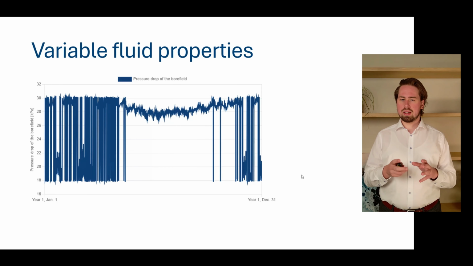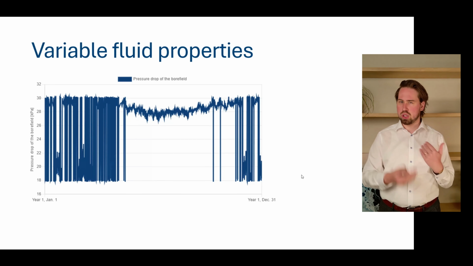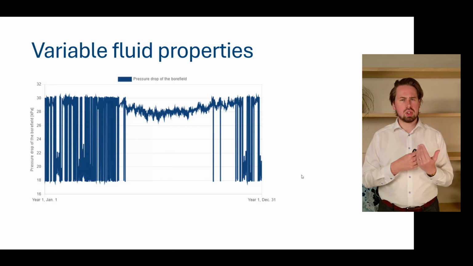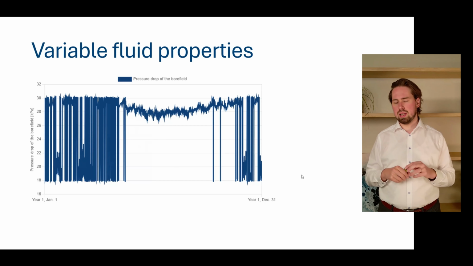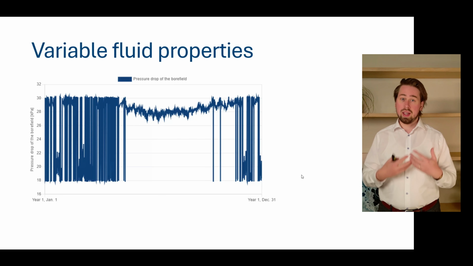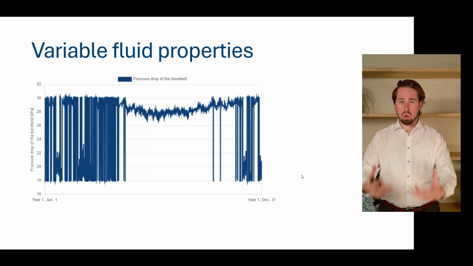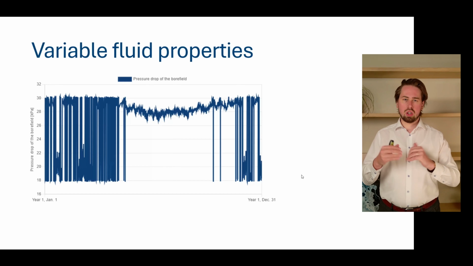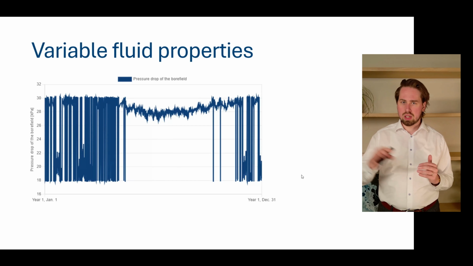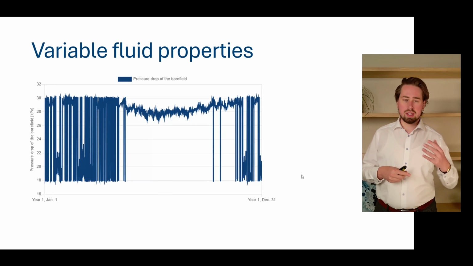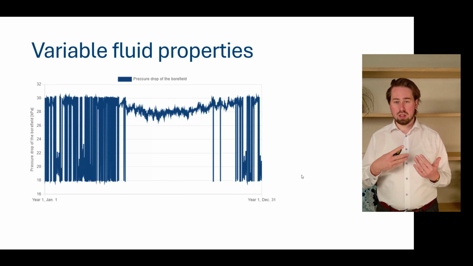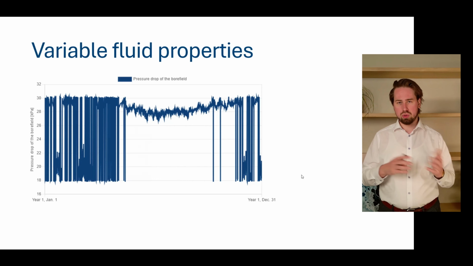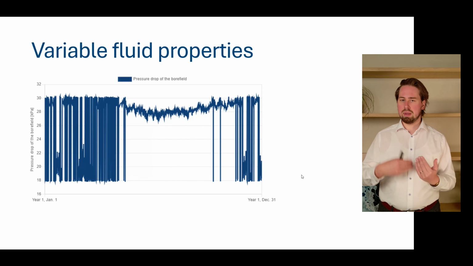What you see here is that it's a very ugly graph, basically. There are quite a lot of jumps, especially in winter. But in summer, you see a smoother line. It's not smooth, it's still jumpy, but at least there is some continuity, let's say. This is because, as we discussed previously, in summer we're cooling with our bore field, we're injecting heat into the ground. So we're almost always turbulent in this case, which gives us this smooth behavior. Whereas in winter, you can see the temperature fluctuates quite a lot. It's also the first year. So this means that we're transitioning from laminar to turbulent back and forth,